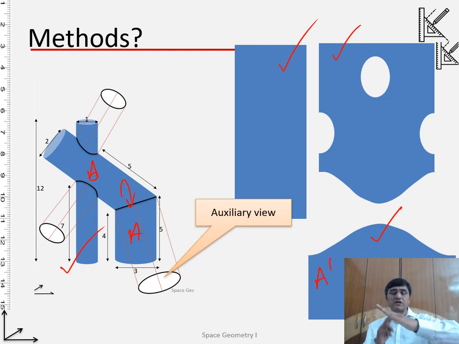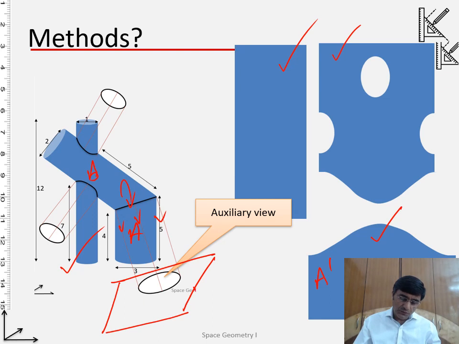So what you notice, for example, let's say this is the plane of intersection, and we saw on the top view it is not being projected properly, on the front view it is not being projected properly, neither on the side view. So where is that plane where this plane of intersection can be projected correctly? Over here, if I have a plane which is parallel to this, I will be able to project the plane of intersection correctly onto it. So once we project on a plane, here is the plane.